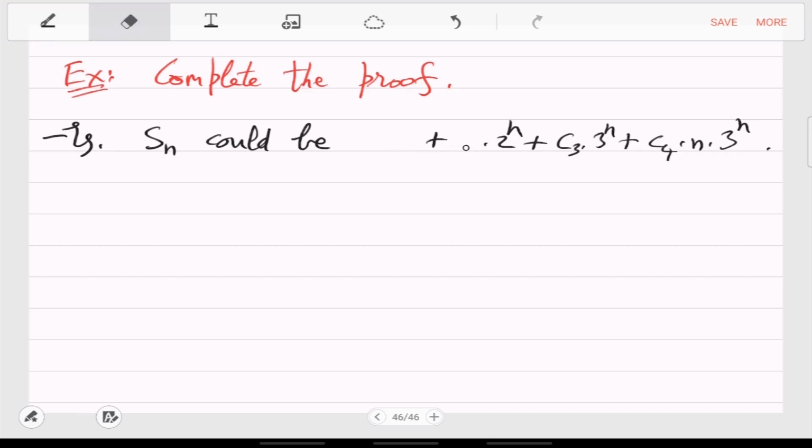Let me further fix C1. So if you look at this function,